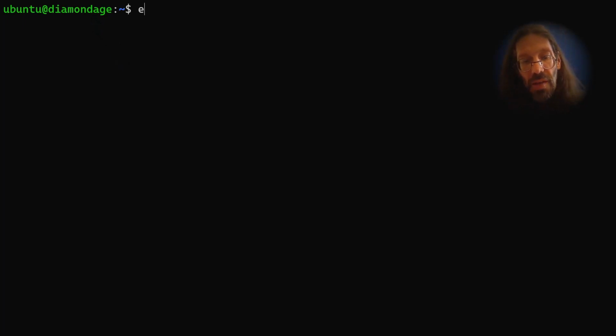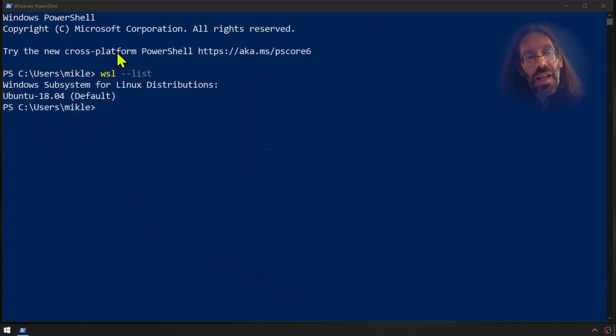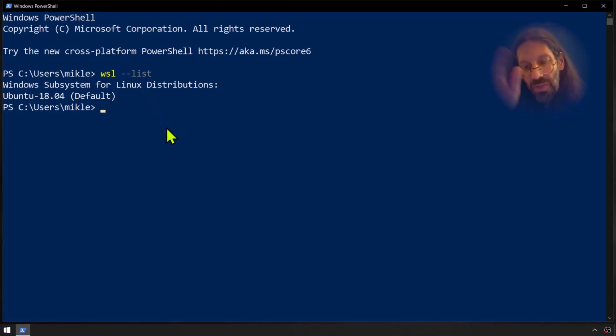Again, I could do this through the Linux command line, create a new user, delete the Ubuntu user, but honestly, you don't know what happens when this stuff gets set up initially with the default user. So I find it easier. It's actually quick enough, and I'm not deleting anything on that instance of Linux because I just created it in that earlier video. So I can just WSL unregister